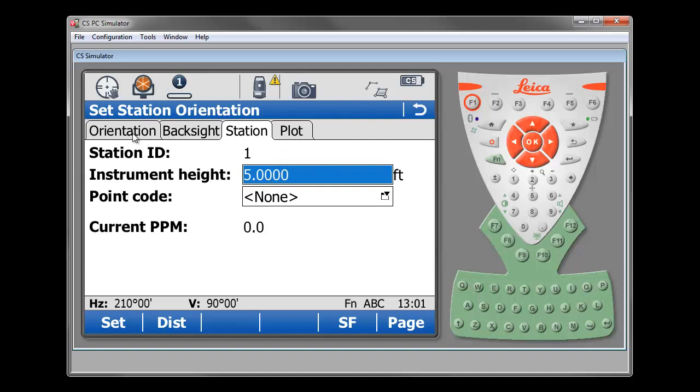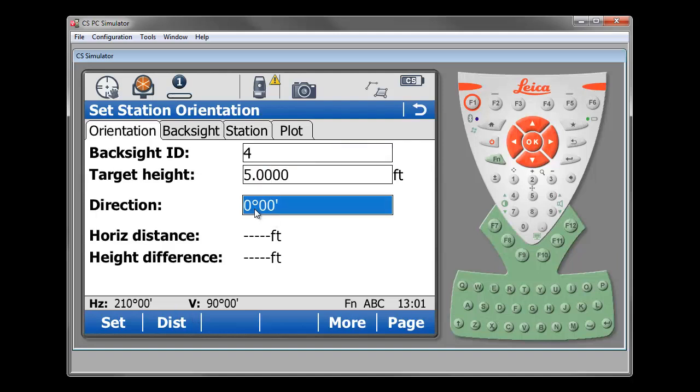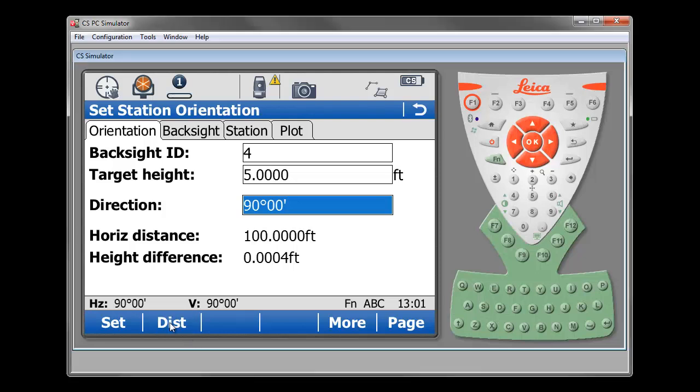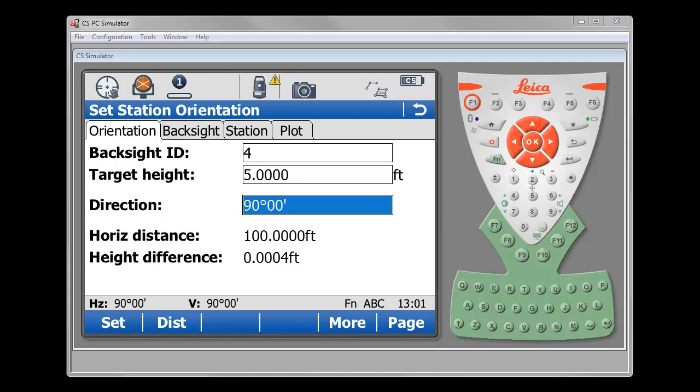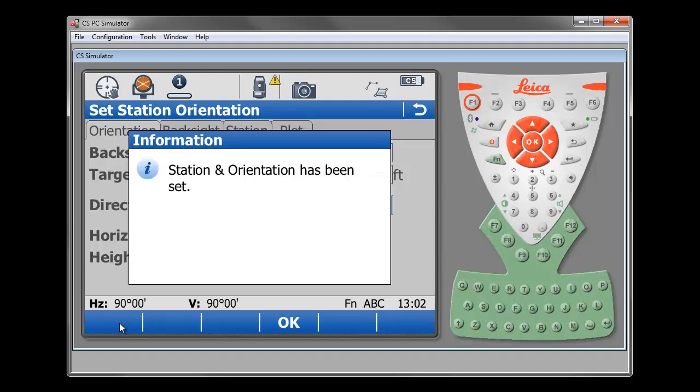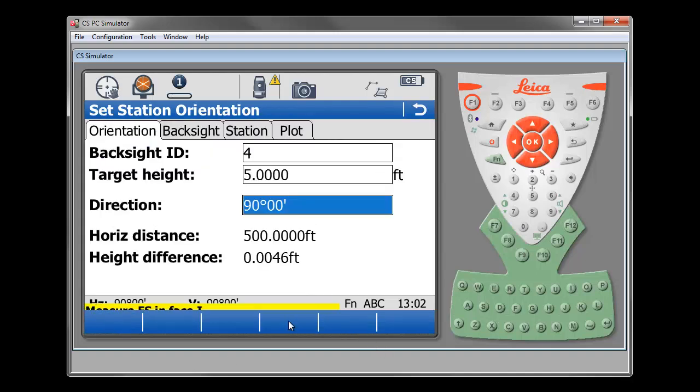Just check on our station. Yes, we did leave that at 5 as well. And the direction to that point, I'm assuming an azimuth of 90 degrees or due east. If I'm happy with that, what I will do is just take a distance, and in fact that's wrong, I want this to be 500 feet, so we'll apply and take a distance, and that just will give us a preliminary coordinate for that point 4, seeing that we've got it targeted for our backsight. We'll just press Set, and our station orientation has been set, so we'll accept that, and then we